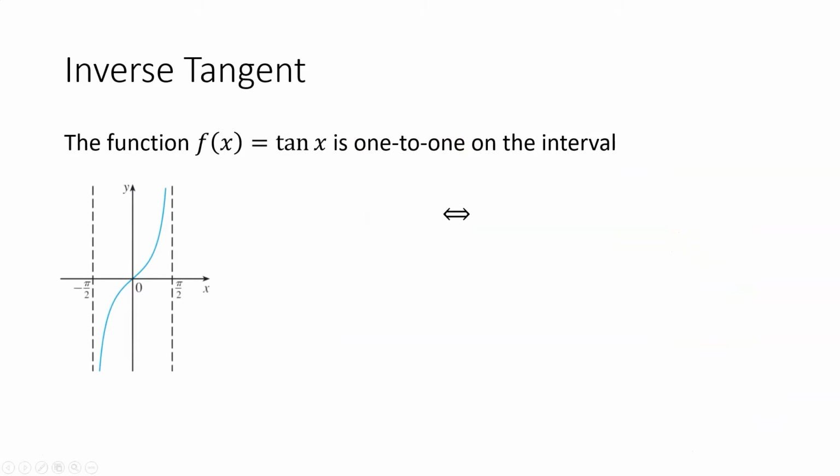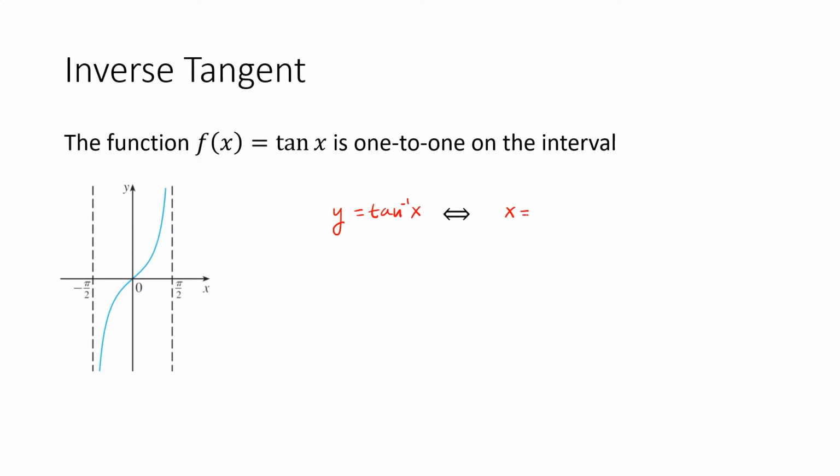Now let's look at the inverse tangent function. The inverse tangent function is, as you can see, 1 to 1 on the interval from negative pi over 2 to positive pi over 2. So in this case, we'll restrict the function tan of x to the interval from negative pi over 2 to positive pi over 2. And so we'll say that y is equal to tan inverse of x if and only